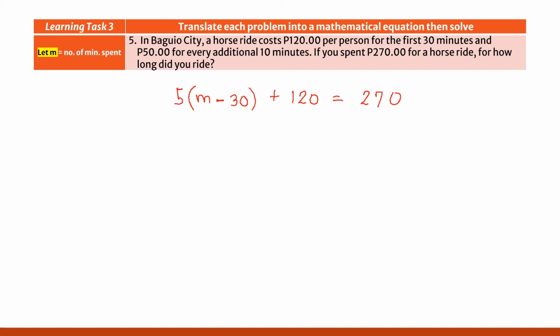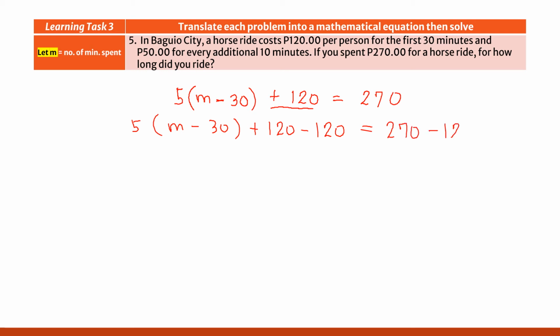So, paano natin ito i-compute? If you look at the left-hand side, meron kang positive 120. So, ito na muna ang tanggalin natin. Positive 120. So, paano? Copy 5 times the quantity m minus 30. Okay? Tapos, plus 120 minus 120. Kasi yun ang opposite nung positive 120. Tama? Is equal to 270